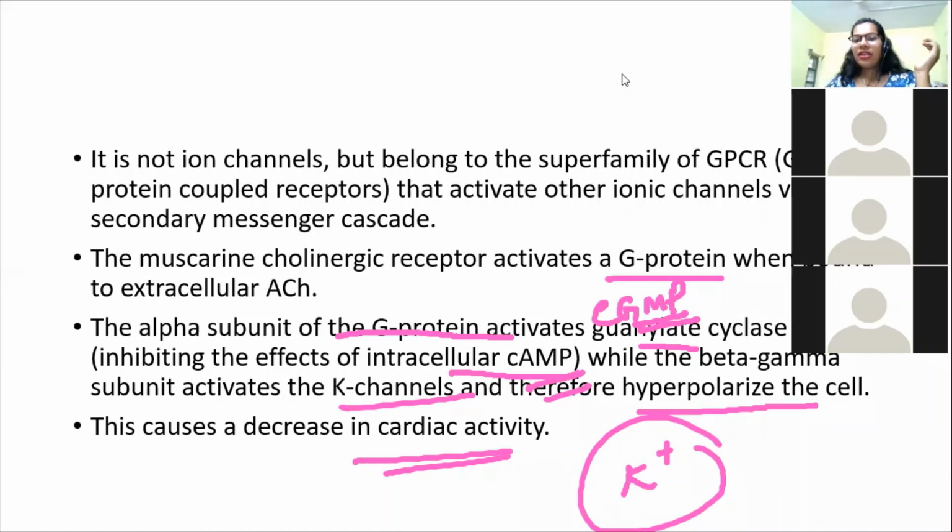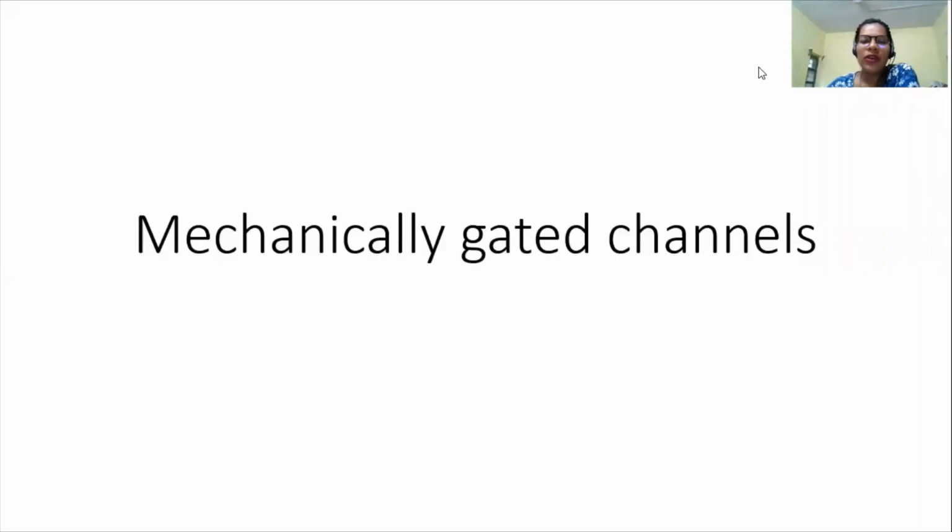So thank you for listening. Now we are going to talk about the mechanically gated channel. Previously it was all about the ligand gated channels, where we discussed acetylcholine. Now it is the mechanically gated channel. It's a small topic only. From the name itself, it's very clear how these channels open up. This is mainly because of the stress we put on the skin. For example, when I press it like this, or if I'm pulling my hair, those kinds of stress cause the channels to open up.